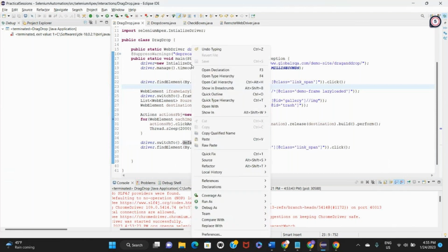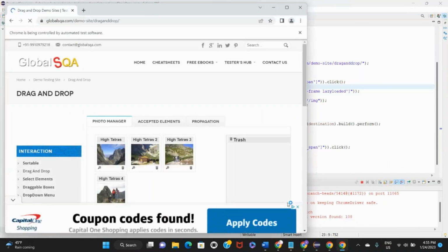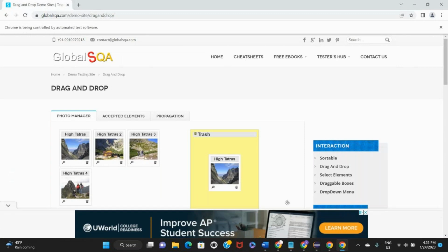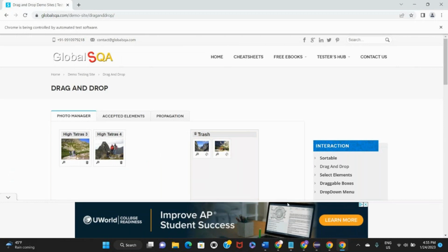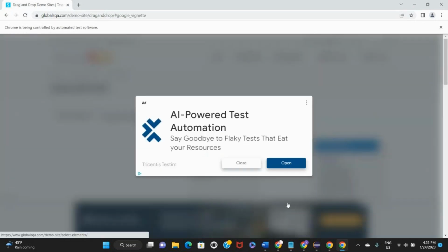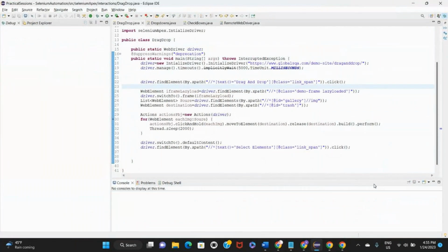Okay, now if I run this particular test case and see, we are dragging and dropping now, which is working as expected, and now it should click on select elements. Okay, so our script should be completed without any errors. So this is all about how we perform drag and drop, and also how do we handle iframes. Okay,